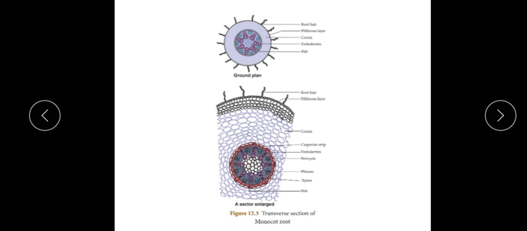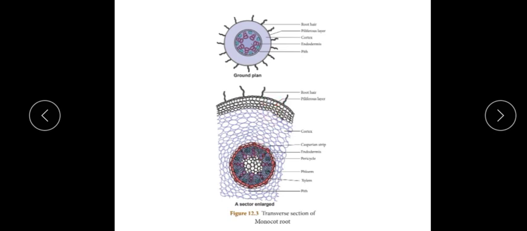Okay, so both the dicot root as well as the monocot root, exarch condition is seen, and here since many bundles are there, you can see the arrangement is in such a way, it is called as polyarch. And here you can see in the center again, you can see one labeling called as pith. Pith is again made up of similar cell, just like this cortex. You can see similar cell in this area inside also.